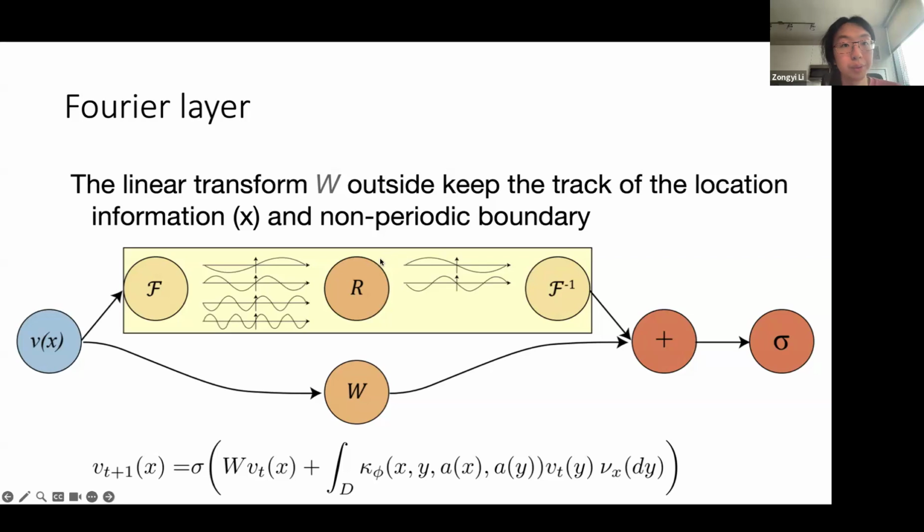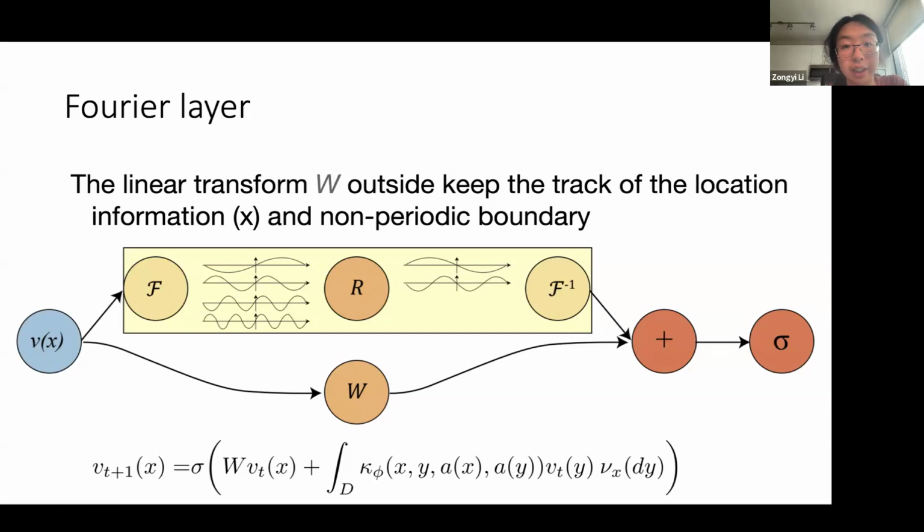So there are 2 technical details here. One is we need to keep the spatial components. If we don't have the spatial components, it's still going to be a local transform on the Fourier space, which will have a strong Gibbs phenomenon on the discontinuity or on the boundaries. By keeping both spatial and Fourier components, we get the non-local in the spatial and the non-local on the Fourier space, which have very efficient global non-local approximations.